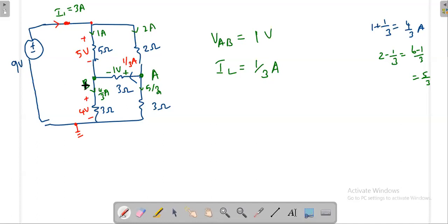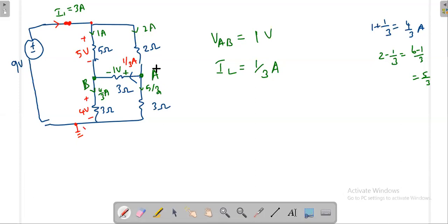Somehow we have calculated the current across each and every branch, and then finally we are calculating the voltage. If this resistance is not there, you can directly apply voltage division, but here you cannot. Indirectly you can find the current, then calculate the voltage. In future, whenever you find a nodal voltage, it is always with respect to ground, and you can reach it by either path, going this way or that way.